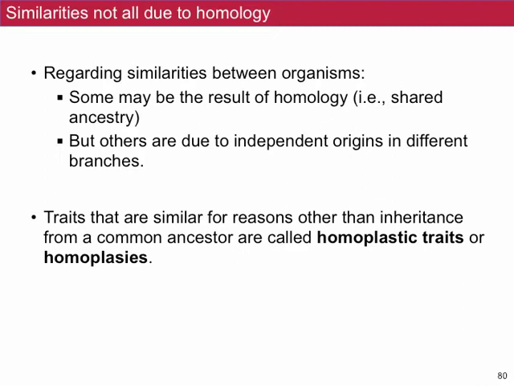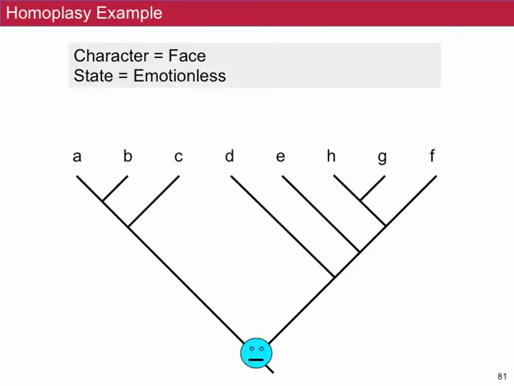So a great example of this is flight in birds and bats. Separate invention of flight in those lineages. The exact mechanisms of flight are not homologous between birds and bats. When you have something like this, where you have a similarity between taxa that is not due to common ancestry, that's generally called homoplasy. And I'm going to show you this in a phylogenetic sense, which is the formal definition of homoplasy. So here's again, I've now made the common ancestor of this group have an indifferent face. So